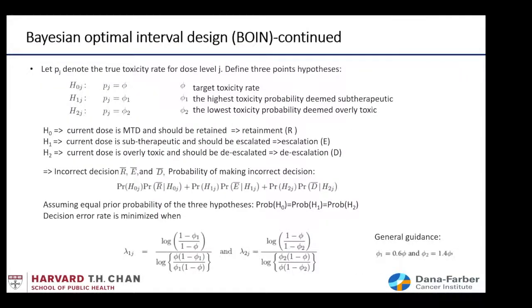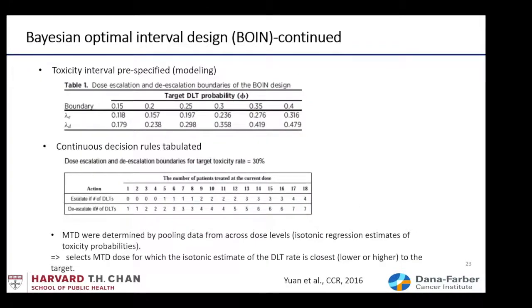And there is some general guidance. How do you select phi 1 and phi 2 with regard to your target toxicity rate? Usually you allow 40% lower or 40% higher than the target toxicity rate for phi 1 and phi 2, which will in turn decide the pre-specified toxicity interval for the dose level. So here you can see these toxicity intervals